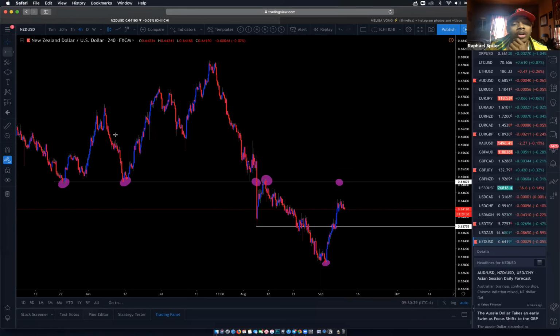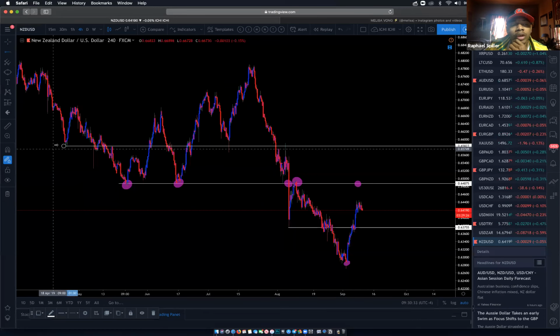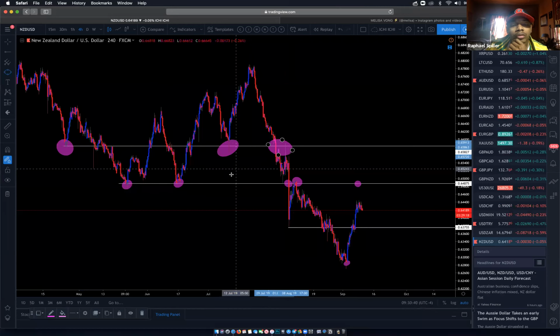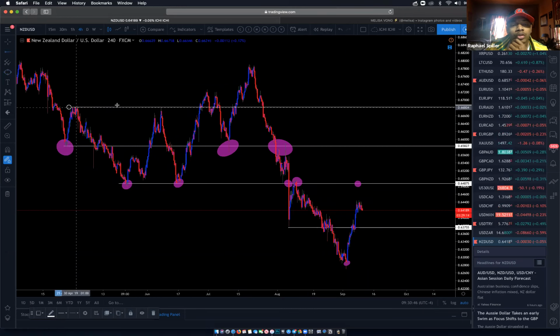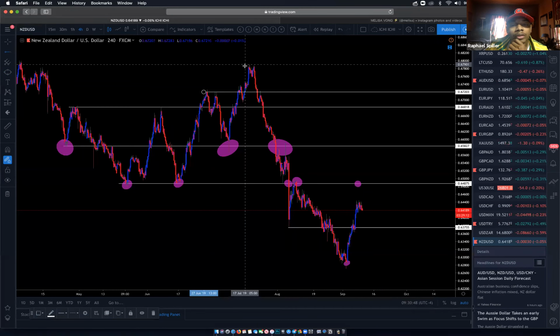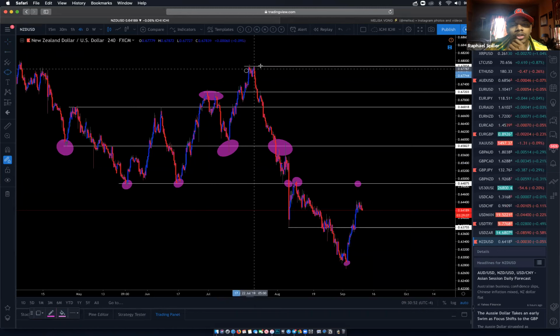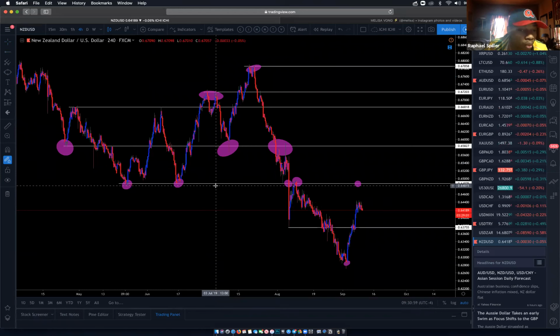Then after that, I would look for more touches. This would also be my next TP because you have a touch here, and these two touches here. Then I would look back and look for more TPs. This would be my TP, this would be my TP, because you have two touches here, two touches here. The only thing you're doing when it comes to TPs is just looking left and seeing two or more touches. That's the only thing you're doing.